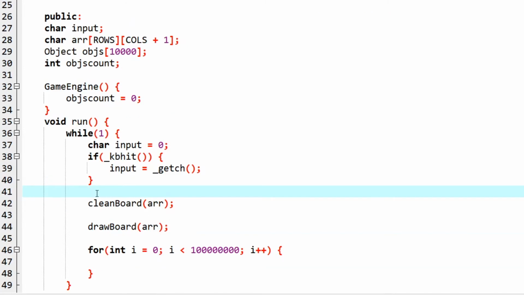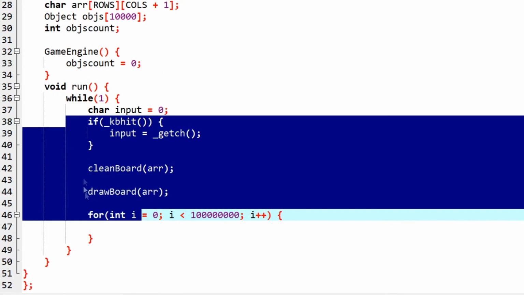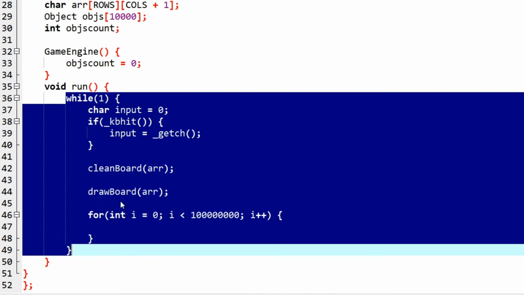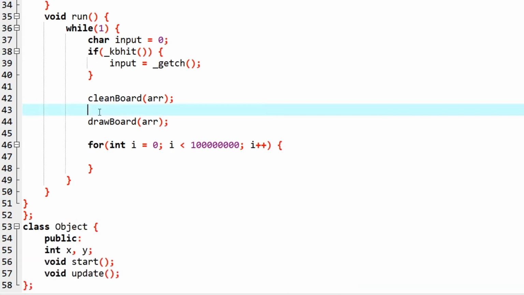What I want is, I don't want to manually put things here. I don't want to manually edit the code of the game engine, right? I don't want to mess with the code here. It should work fine for everything. I want to be able to add things into this while loop dynamically. I want to automatically add things here and automatically remove things from here. We can use polymorphism. I can make an array of objects, right? I can make a lot of objects, and for each object I can call the update function. Each object will have an update function as we did here, and I can call the update functions of my game objects dynamically, automatically here. So whatever number of objects I have, automatically call the update function for each of them.